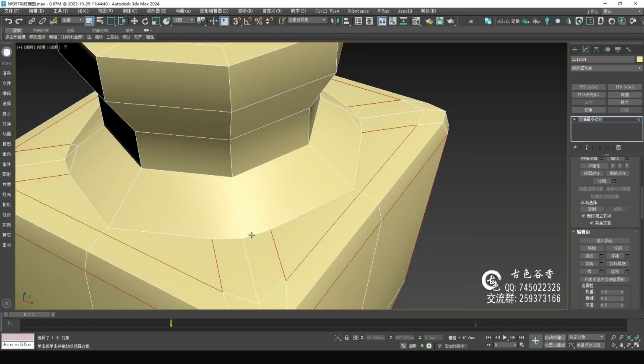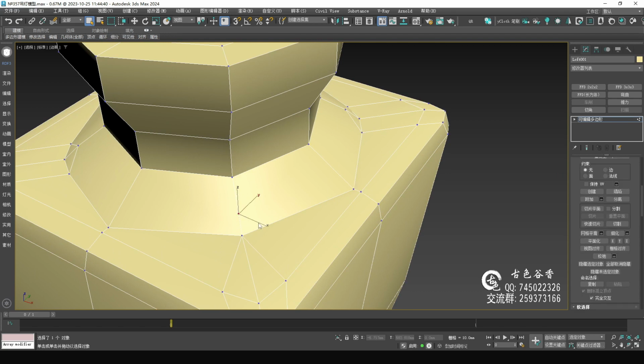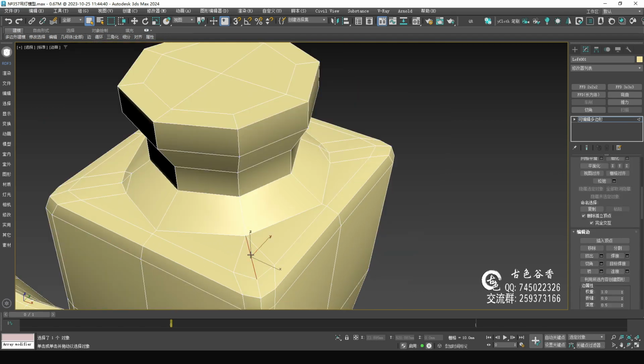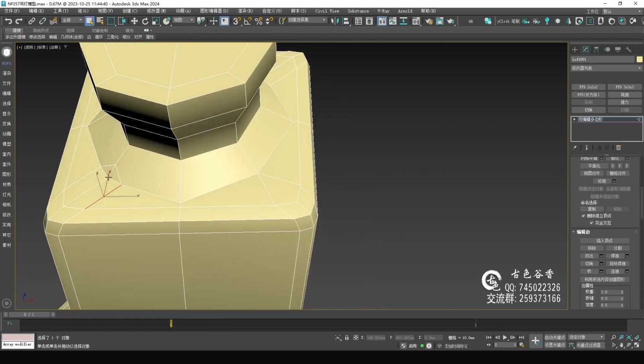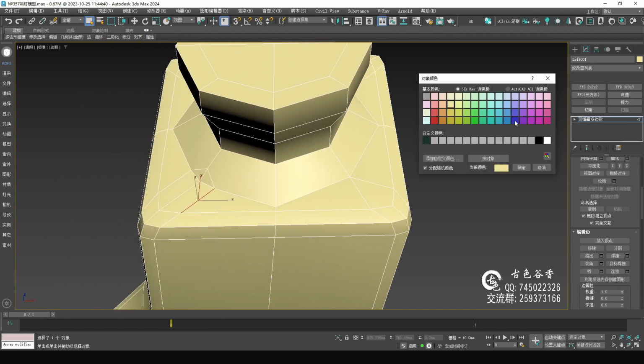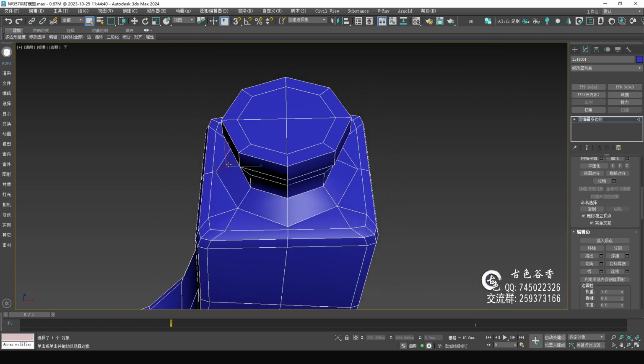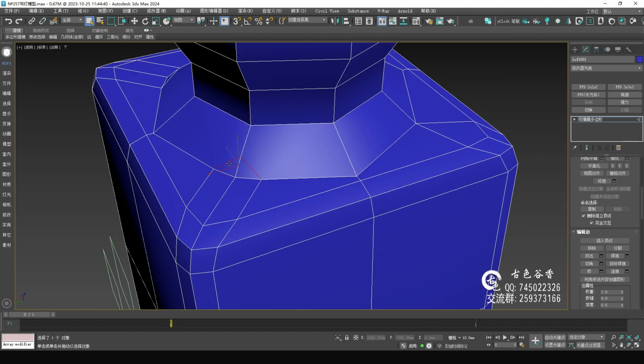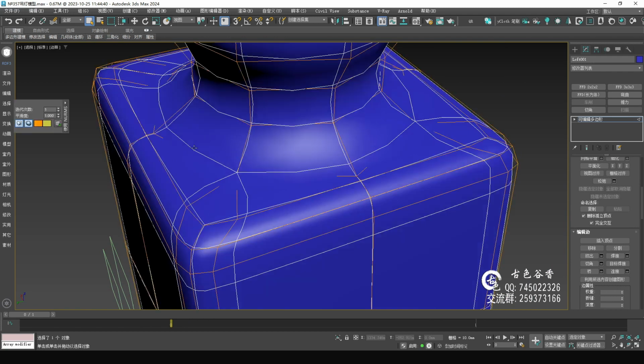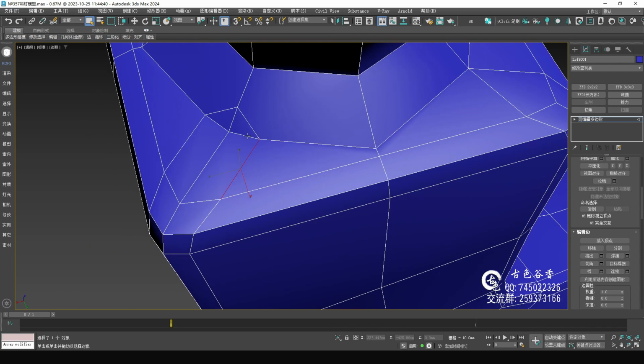And then choose this side to collapse. This vertex is removed. Remove this way. Same thing here. Let's change the color to blue, to make it more obvious. Select this side and remove it. The right edges of the 2 collapse to remove. These 2 edges are removed. It's caved in here and removed here. It's the same thing here. Remove this edge. This side collapses and this side is removed.